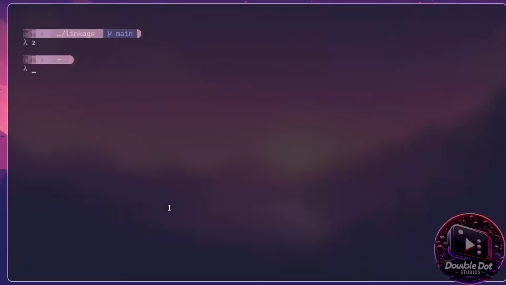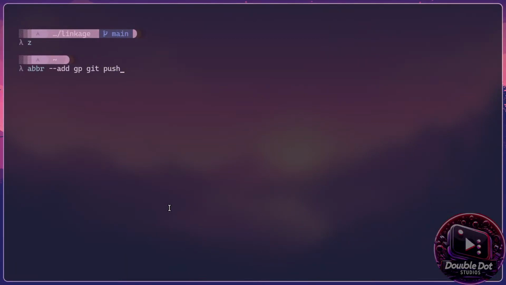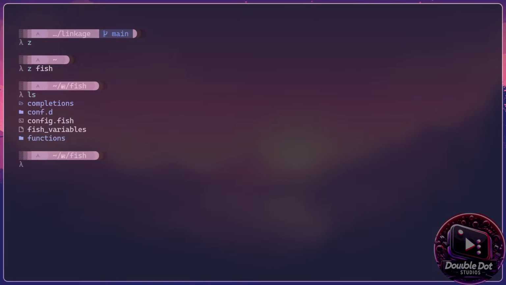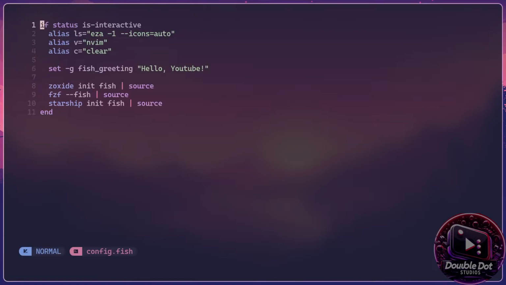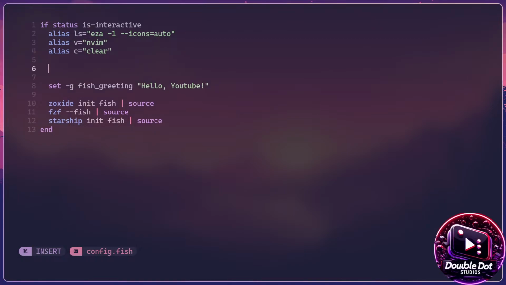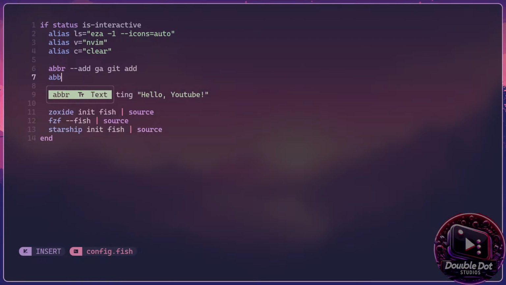So we can go ahead. I'm going to add these to my fish config. So if I go into fish, and we're going to edit the config.fish. Now I guess I could set aliases, or I could set abbreviations. Just to make sure that I am doing the right thing, git add is going to be git add, abbreviate